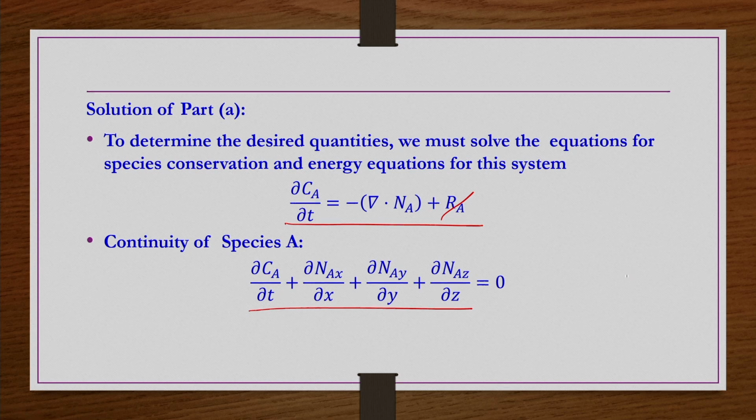And then what we have seen, diffusion or the concentration variations and temperature variations are only in y direction. So, only N_Ay would be there and that would be a function of y, whereas N_Ax, N_Az are 0, and it is a steady state problem. So, this ∂C_A/∂t is also 0. Then we have ∂/∂y of N_Ay equals 0. So, now if you know the N_Ay, you can find out the concentration profile, very conventional way that we have been doing.